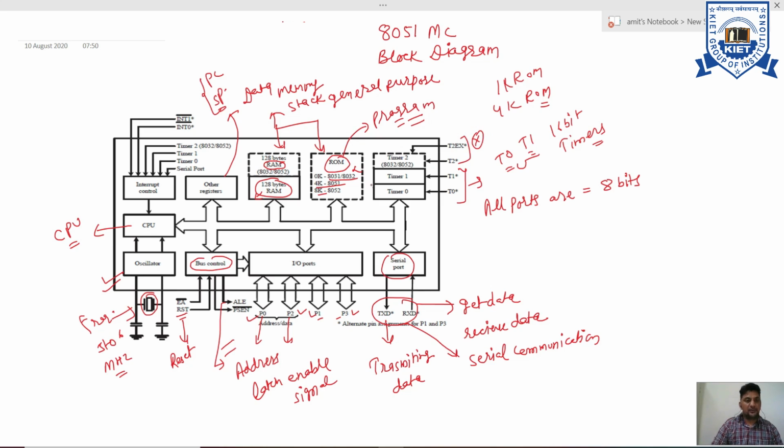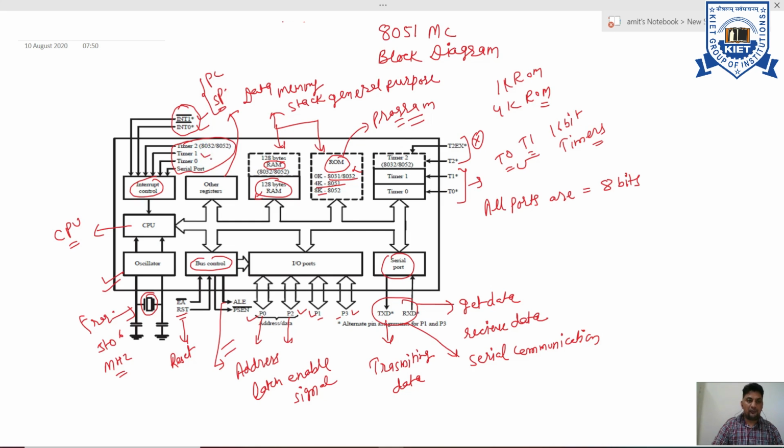And here are the interrupts. Basically there are only two hardware interrupts, two external inputs in the 8051: one is INT0 and next is INT1. The other three interrupts are inbuilt, in-chip interrupts. When we use timer 1, then we use the timer 1 interrupt.